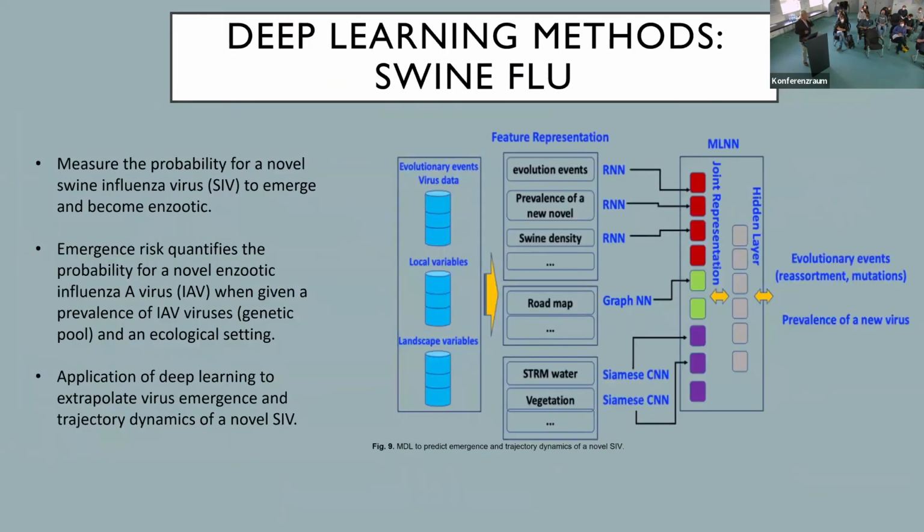Just about done here, but how are we going to do this? Well, we're going to be using deep learning and machine learning methods to measure the probability that a novel reassortment emerges and becomes enzootic. And then this emergent risk,